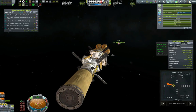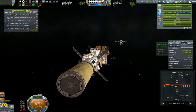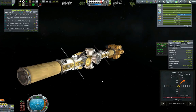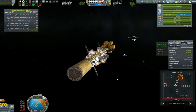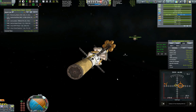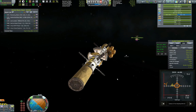I mean, the Duna Orbital Station is quite small at the moment, but I assure you it will grow and become much bigger. Okay. Separating the engine stage, and now we should be well balanced for the monoprop dance of docking. Hopefully. So, I'm just figuring which way is which, correcting my orientation, and